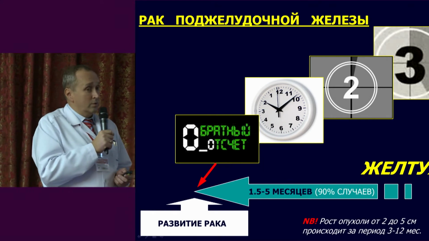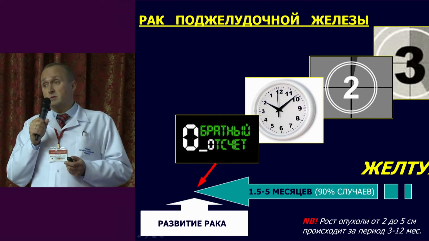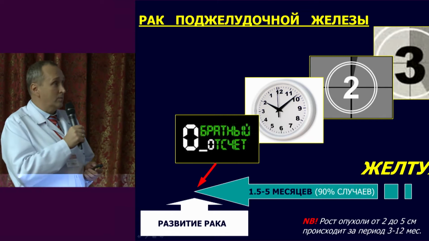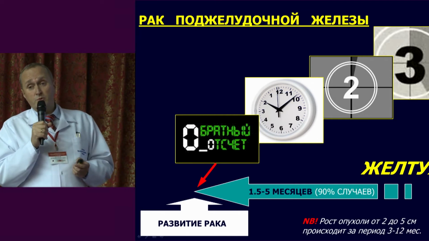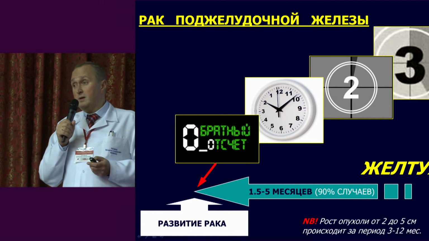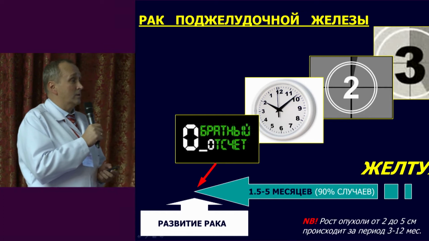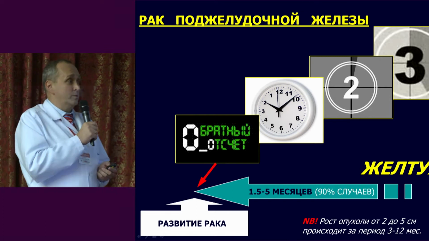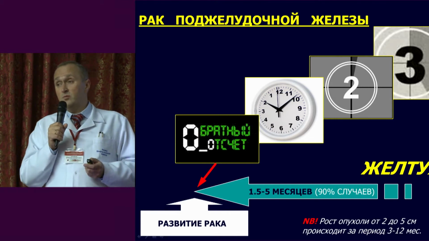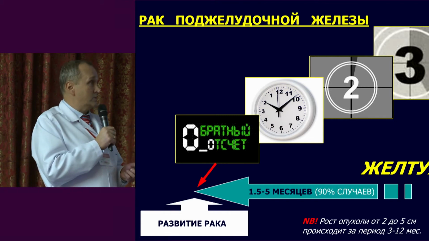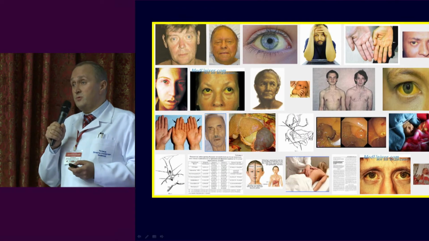And quite naturally, we should say that when a patient comes to us, clinicians or radiation therapists or surgeons, they are already late by 1.5 to 5 months, because mainly they come with jaundice. They try to get some treatment, and the tumor growth from 2 to 5 centimeters happens within the period of 3 to 12 months, depending on the age, of course,